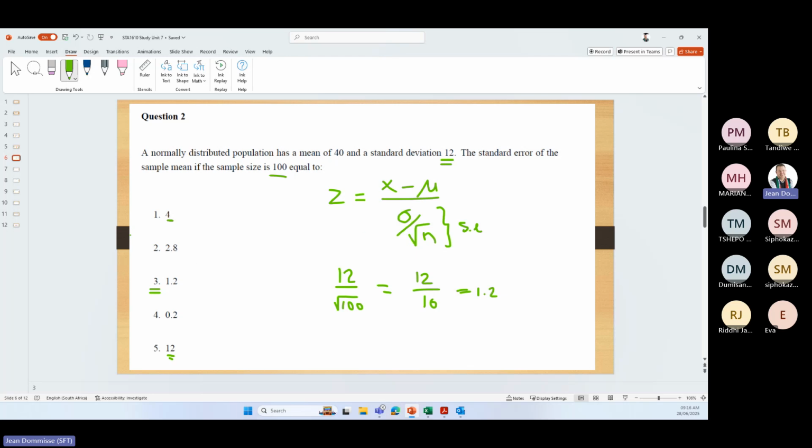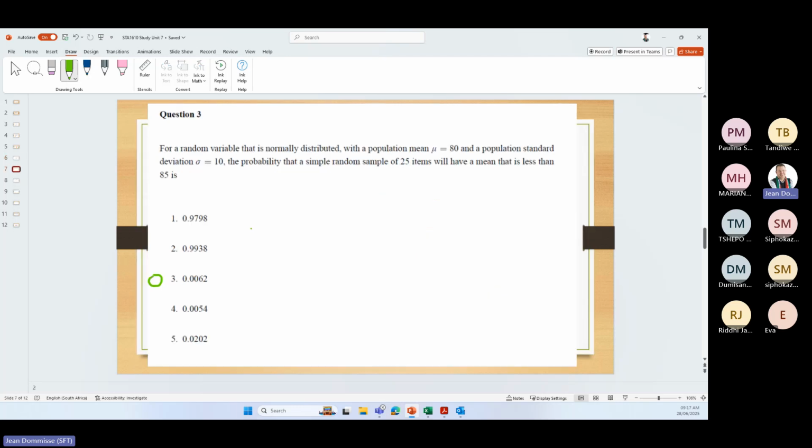So that is what we work with in this study unit. Now they can change it up a bit to say you might not need to work out the Z, or you only need to work out the Z and not the probabilities. So just be careful in these study units that sometimes you even go too far in a question where they might just want a simpler answer.